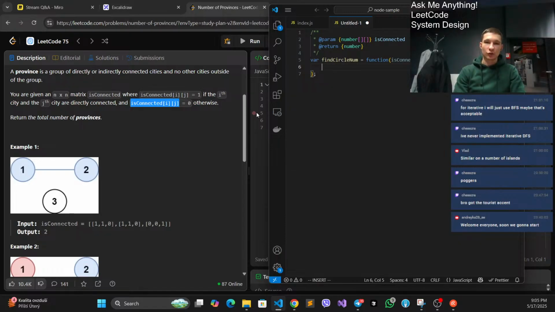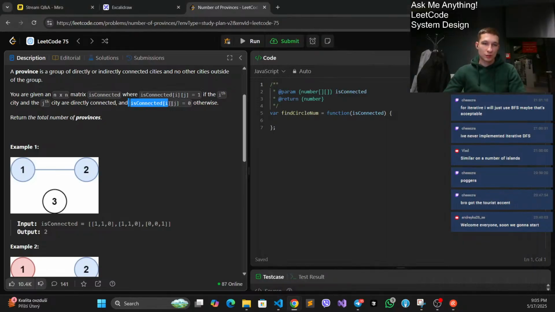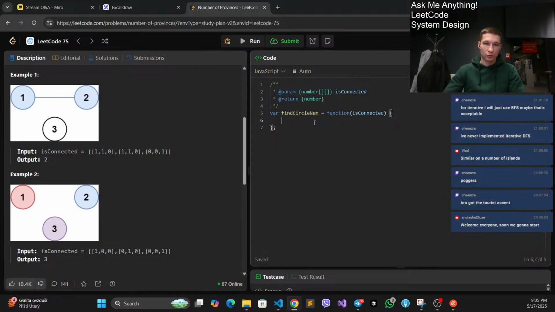Let's implement it. First, I'm going to convert this matrix to the adjacency list representation. So how are we going to do this? Let me also show you this example. So let's say we have this specific case, 1 1 0, then 1 1 0, and 0 0 1. So in this case, you know that